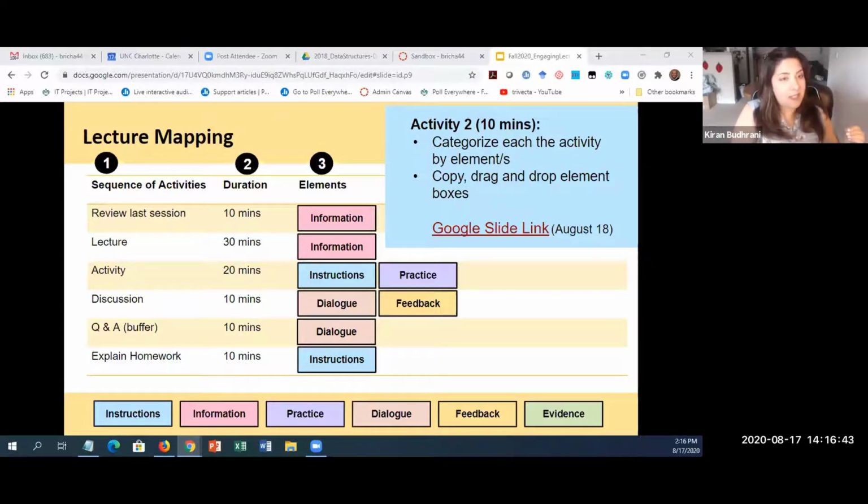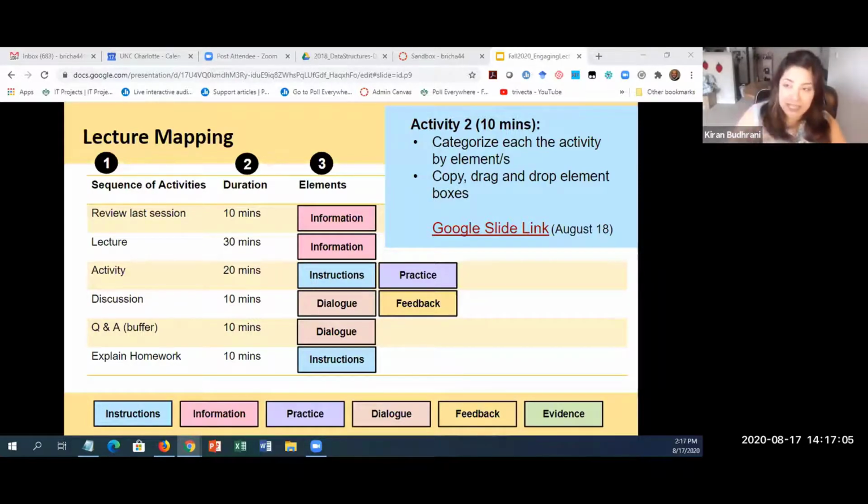Sometimes links don't work, like mine. It didn't work again. Last time it didn't work either. It happens no matter how much you prepare. I've checked that, but somehow it didn't work again. And that's okay. Giving yourself a buffer to think about how to mitigate if things don't work is helpful.